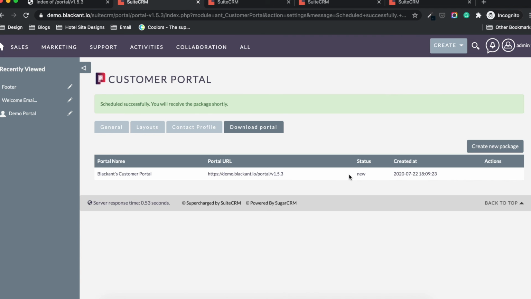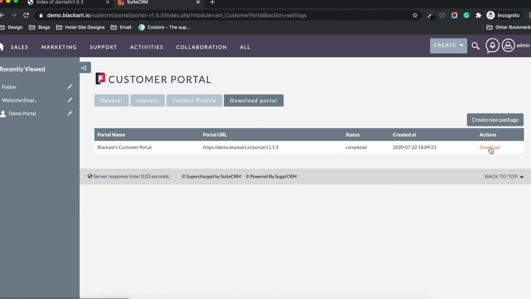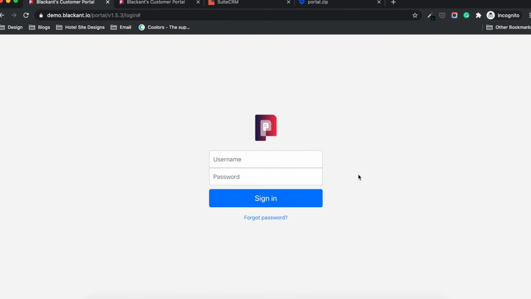After a few minutes, maybe 10 minutes maximum, you can see the status change and there will be a download button available here. Once the package is ready, it will be available here, and you can just click the link to download the package. I just downloaded the package from Dropbox and installed it on my server.